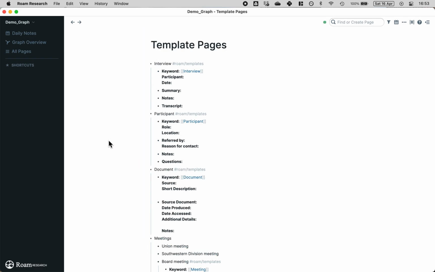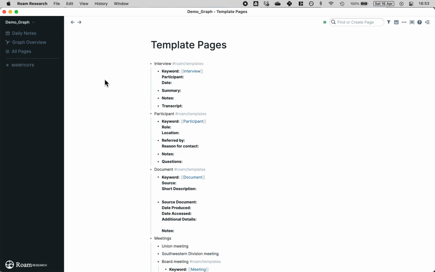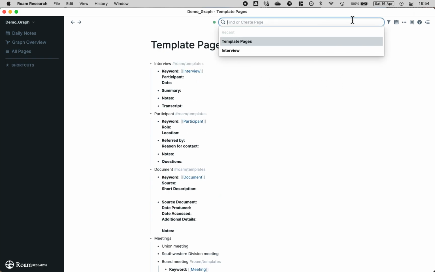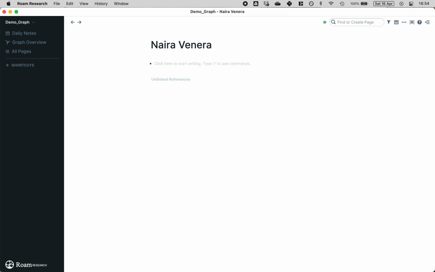Okay, so now I've created template pages. What I'm going to do is show you how I then subsequently add a participant. I'm going to create a new participant by simply adding their name as the page. In this example, I've got a fictional name, Naira Venera. I enter that, and of course, Naira Venera as a page doesn't exist in this graph, so I've